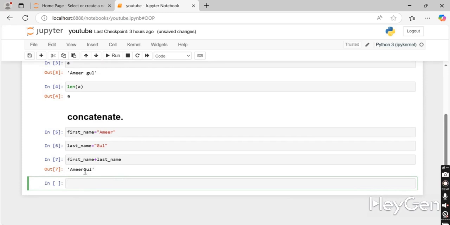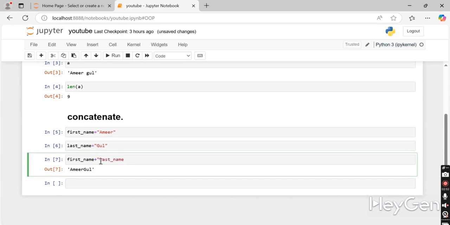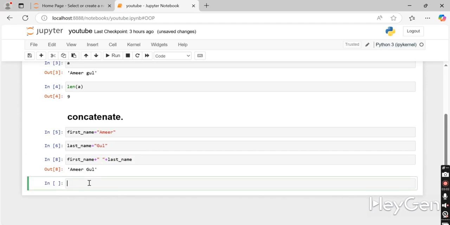But the problem is that there is no space between Amir and Gul. So we can add a space by using a plus sign. Here we have added a plus sign, and here we will put a space in quotes, and here we will again add a plus sign. We have added a plus sign to both of them. So when I run this, a space has appeared. So this is its basic form. Now let's move on to how we will take the